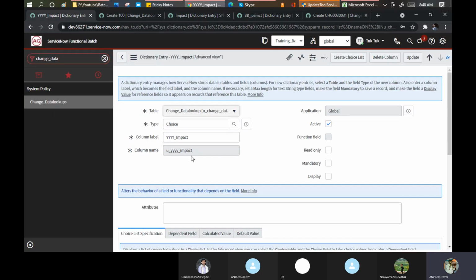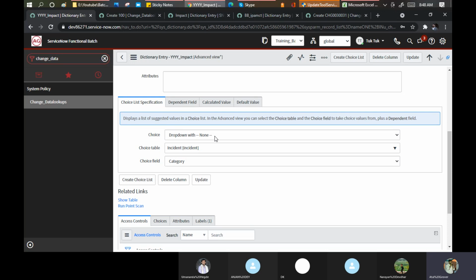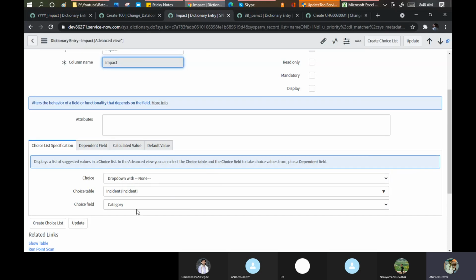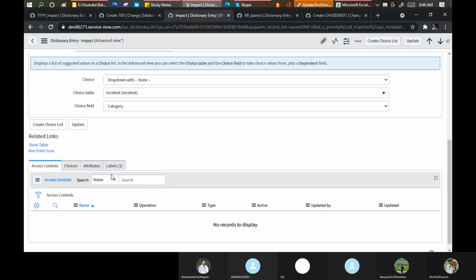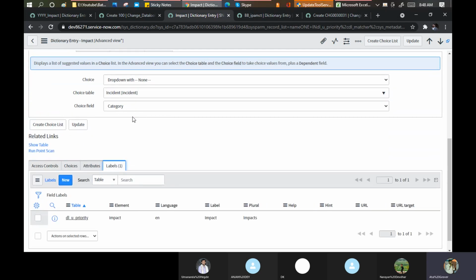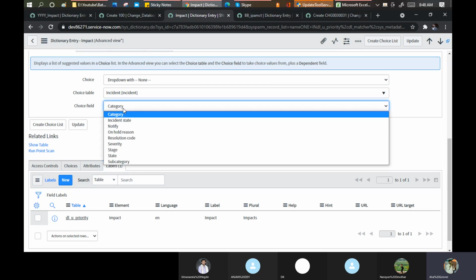Choice, impact, okay, drop down with none, incident, category, and what they say, drop down with none, incident and category. It means for me as well this should work, but it is not working for me. So something is running behind on the incident table only, which changes this choice to category.